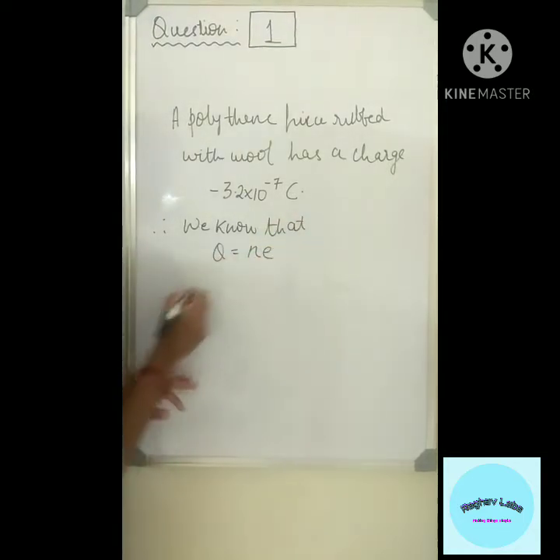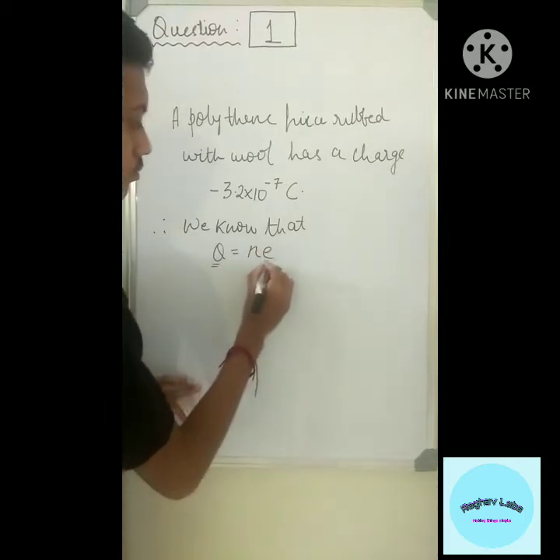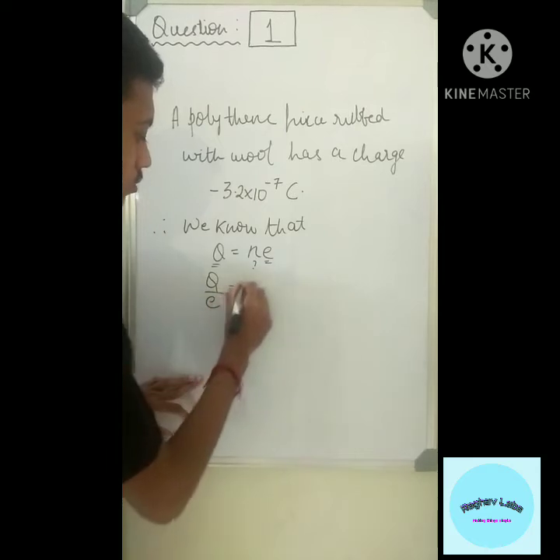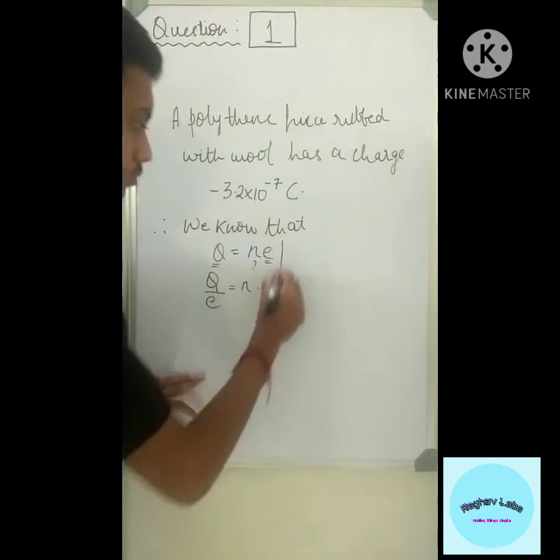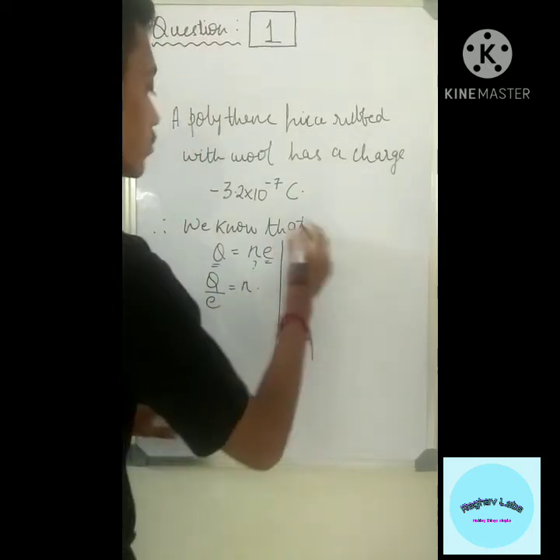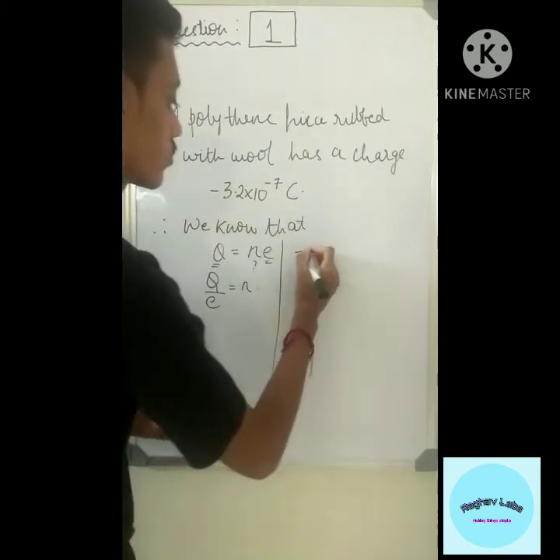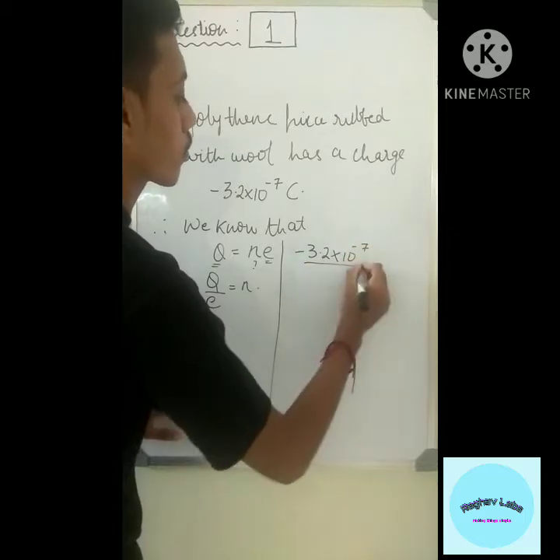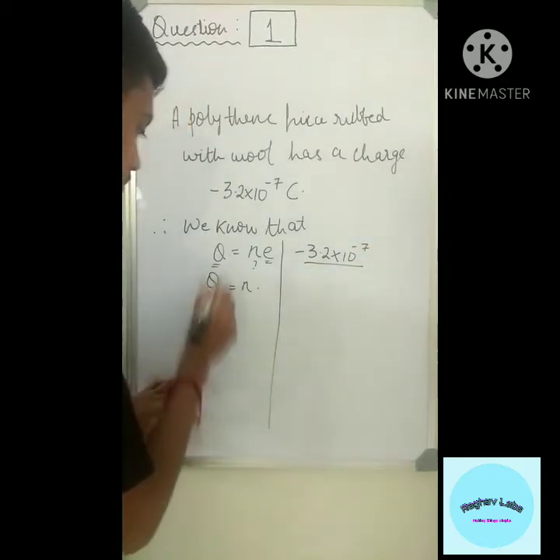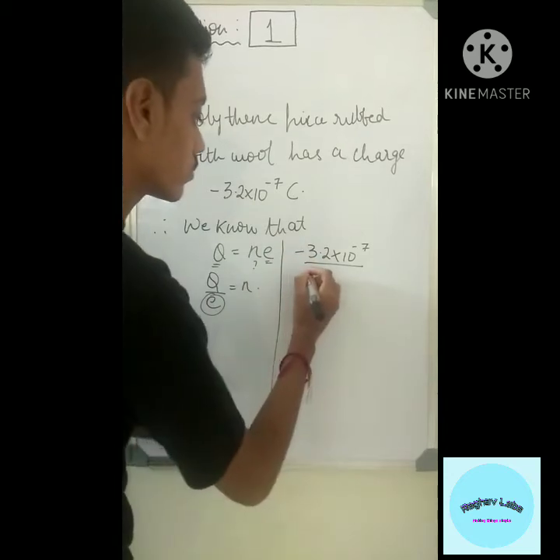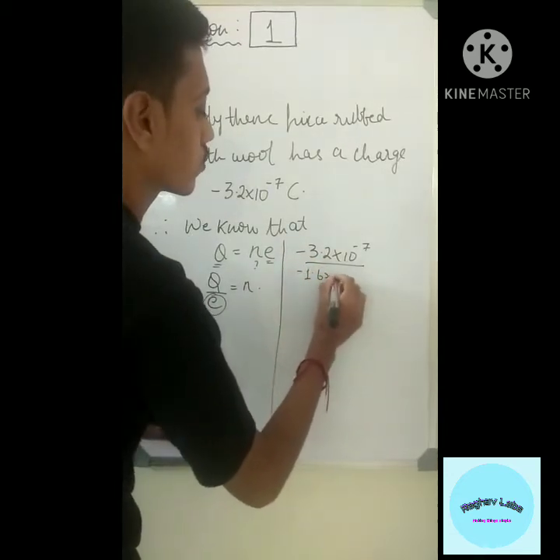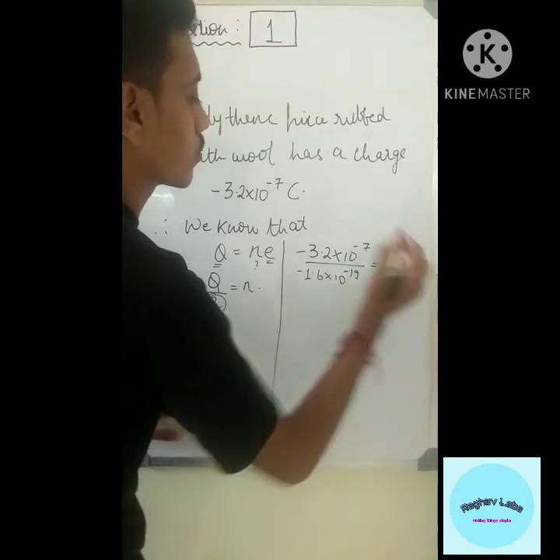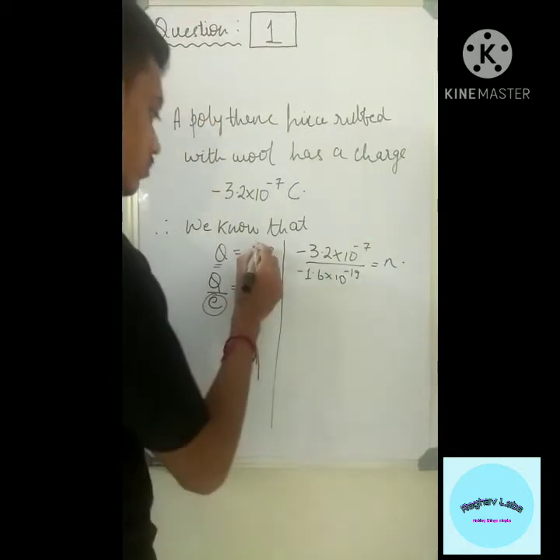Q is equal to NE, right? Q is given and E is given, N we should find out. So Q by E is equal to N. We know the value of Q, which is also given. Q is given as minus 3.2 into 10 to the power of minus 7 coulomb by E. E is always the constant minus 1.6 into 10 to the power of minus 19 coulomb, is equal to N. So minus